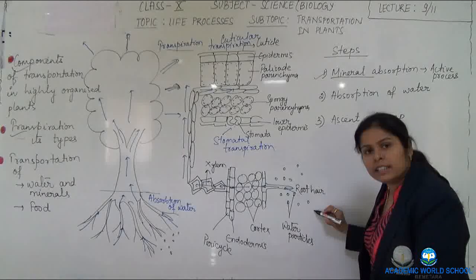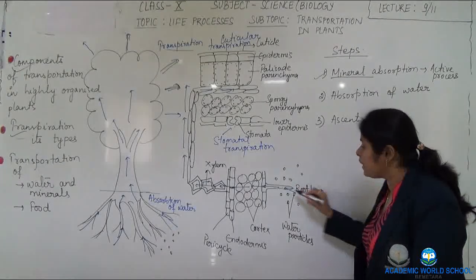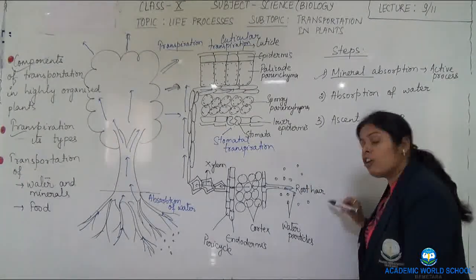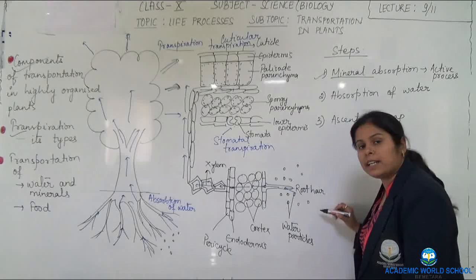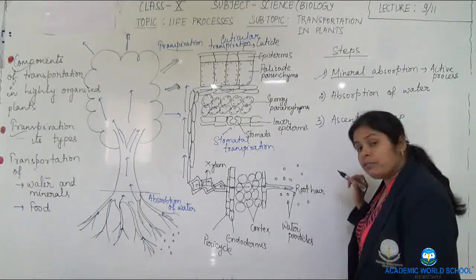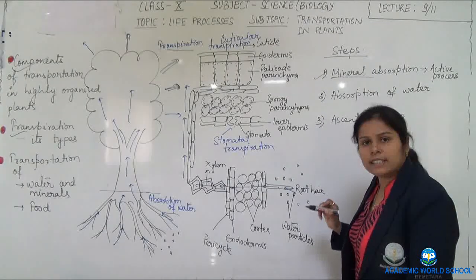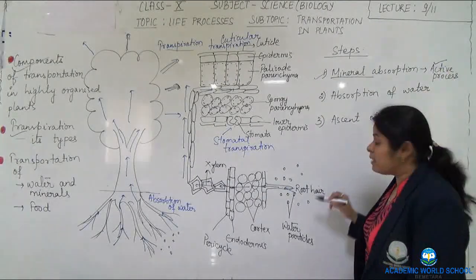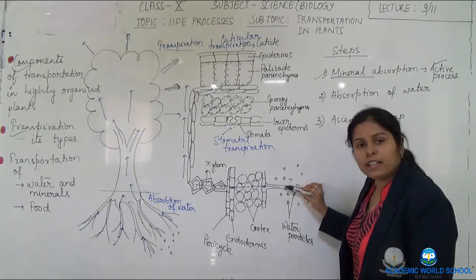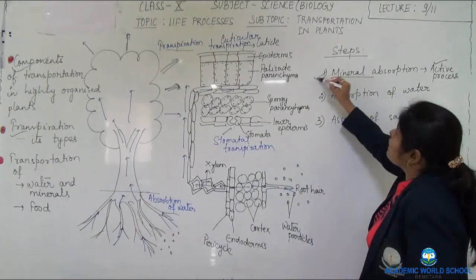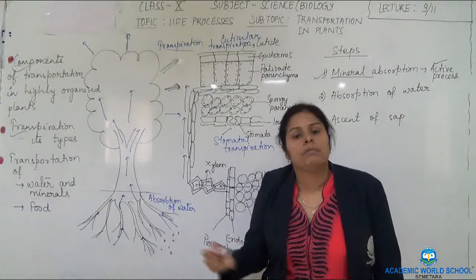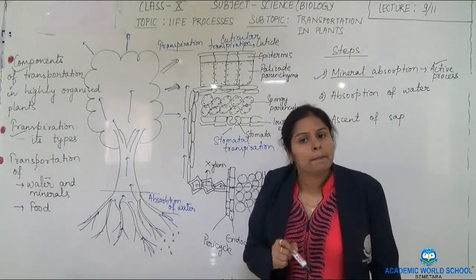The mineral concentration in the soil is more as compared to the mineral concentration of the cell inside the root hair. The mineral is not going to move of its own from the soil particle into the cell until and unless energy is spent. With the cost of this expenditure of energy, which we call an active process, the minerals are going to travel from the soil into the cells of the root hair. So that is mineral absorption, because we know that along with the water, minerals also get transported inside the plant.